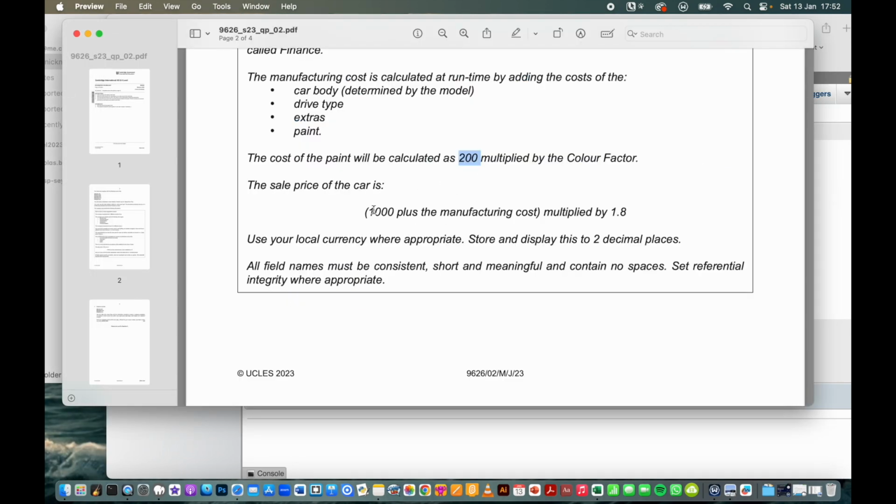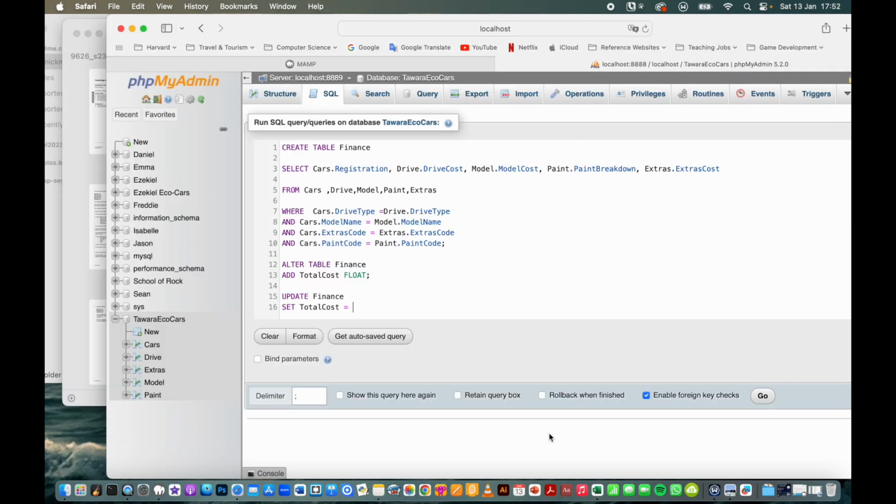in the exam, which is the manufacturer's cost, 1,000 plus the manufacturer's cost, multiplied by 1.8, but we must remember that the paint breakdown has to be multiplied by 200 as well. So let's work that out. Let's do exactly what they've said. 1,000 plus manufacturer's cost. I'm going to put this in brackets so I can get all the manufacturer's costs in together. And it's going to be the drive cost